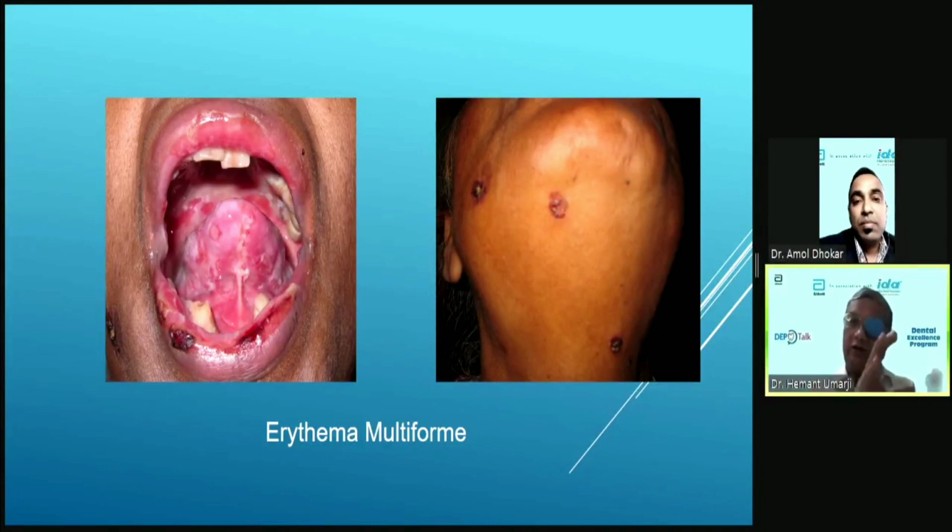So if it is acute multiple ulcers for a short duration, then erythema multiforme, herpes zoster, etc. Herpangina will come in that. If it is chronic, then it will be pemphigus vulgaris, pemphigoid, etc. If it is recurrent, then recurrent intraoral herpes, then recurrent aphthous stomatitis. So these are the ways to differentiate.